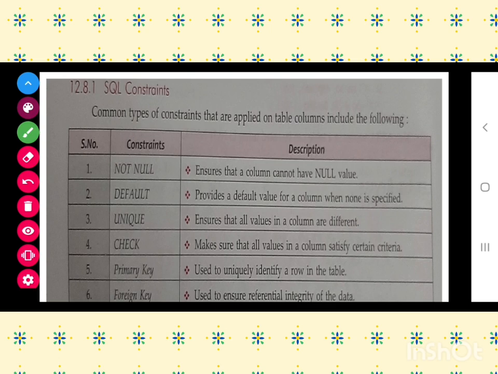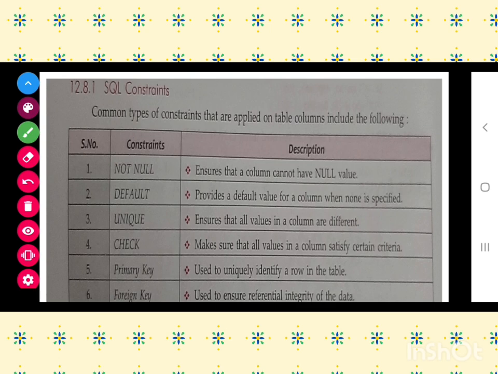Now default is used when, suppose students of St. Joseph are mostly from Ramnagar. So we can give a default value also. Suppose I don't want to type it again and again, I want the default value as Ramnagar. If I want to change it, then I can do that also. It is not that it will remain Ramnagar only. We can change it also, but a default value we can set. If we do not want to enter, by default that value will come.